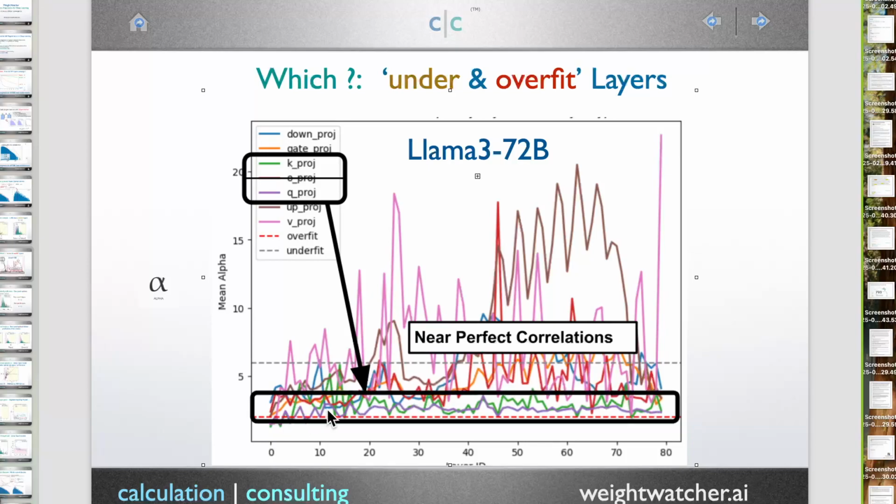Likewise, the K is really between 2 and 3. It's really deep in here. So you can see there are almost near perfect correlations for the attention blocks. And this is consistent across different models. Llama's the best example. If you look at Qwen, if you look at DeepSeek, you'll see, well, DeepSeek is special, this multi-query thing. It's different. But if you look at Llama, Qwen, Mistral, all the K and Q parts of the attention blocks are described almost perfectly by the theory.